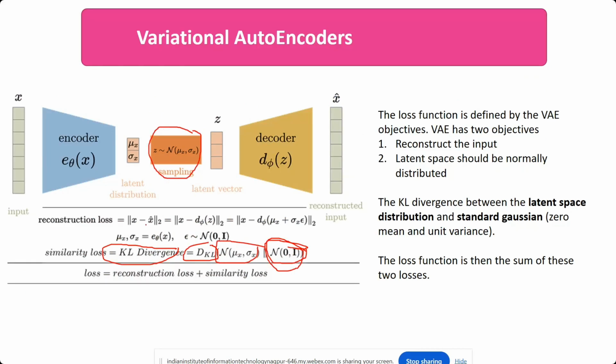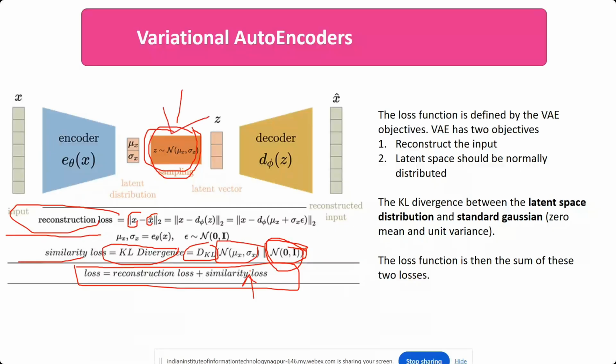Your loss will become this. This is the reconstruction loss. You are matching your reconstructed image with the original image, subtracting, and trying to make the model learn. And in the other part, this one is the KL divergence. Whatever your latent space is, you are trying to match it with the standard normal distribution. So that is a similarity loss. So your variational autoencoder has changed to this two-part loss function. You are adding this extra loss as we added some distribution part here.